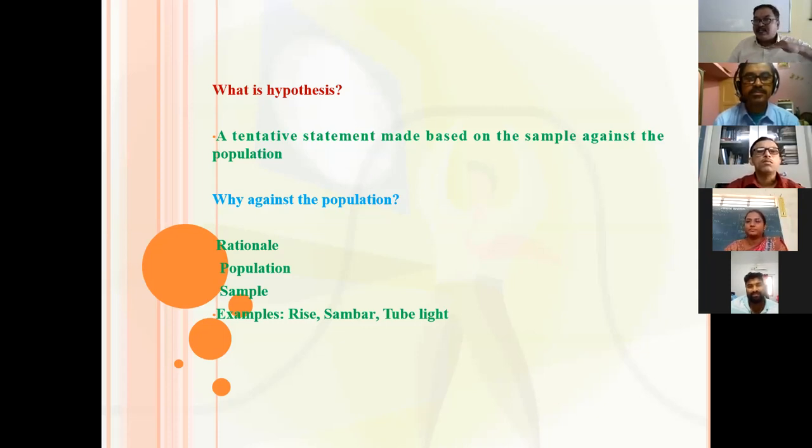We are testing the sample, and based on the sample we are drawing inferences, and all these inferences are universalized, applicable to the complete population. If you want to universalize, you have to test, you have to have a lot of confidence, and you should not commit any mistakes. While taking decisions, making the argument, making the statement, you have to have a lot of confidence and a small amount of error in your decision. Therefore, the margin of error should be low and the confidence should be very high.